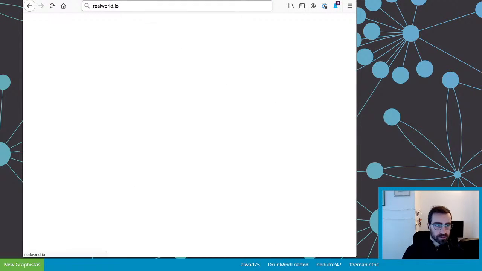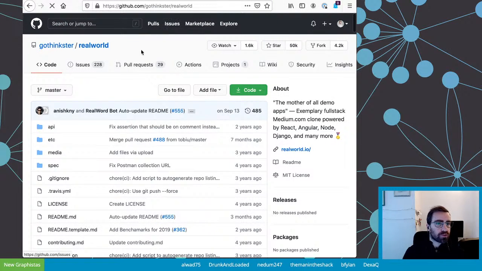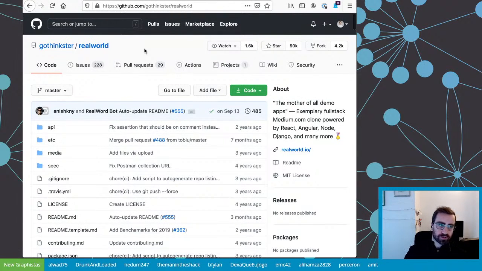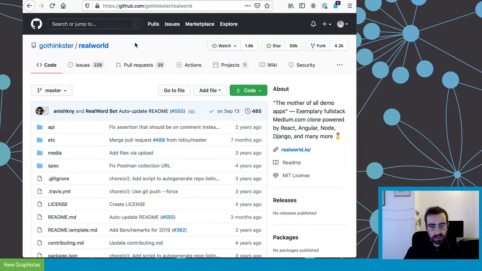And I'm doing a real-world.io backend. And what is real-world.io, you may ask? It's basically a medium.com clone. And the advantage of that, it's quite a big application to implement. So I won't implement the whole thing, because that wouldn't be very interesting.